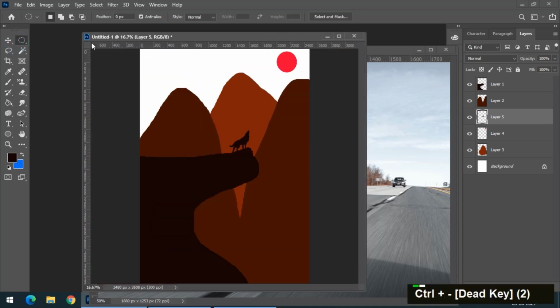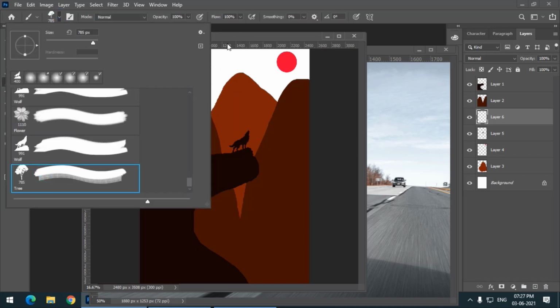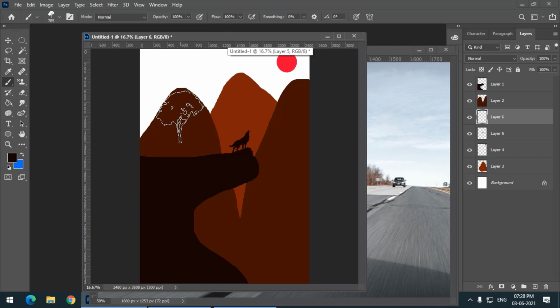This looks pretty good. Now what if we want to add some trees? Again I will create a layer, and I will select the tree brush that we have just created, and I will keep this color.